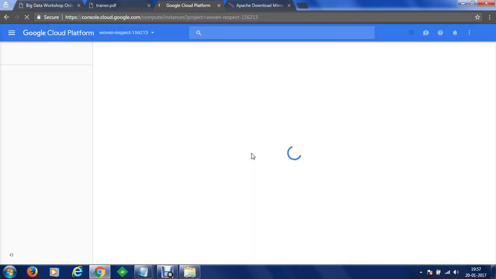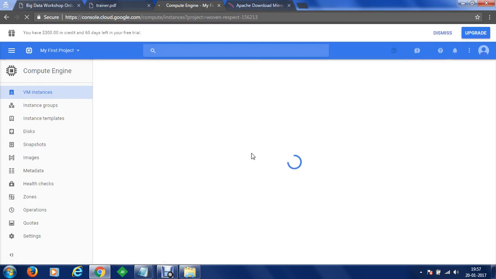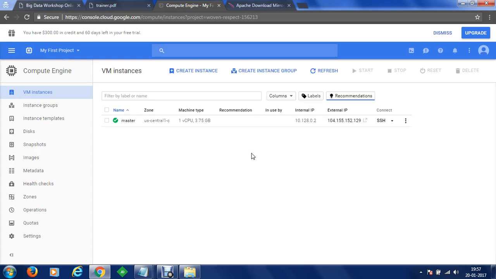After the machine is ready, we will be able to execute DFS commands like hdfs namenode -format. We will be able to start the DFS, start name node, data nodes, start yarn services and many more things.